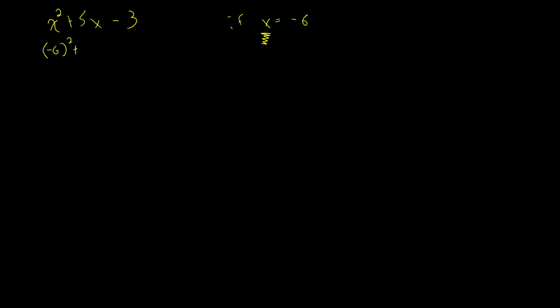So -6 squared, 5 times -6, minus 3. So I'm going to do my power first, and a negative squared is positive, 36. Do my multiplication, 5 times -6 is -30. So 36 minus 30 is 6, minus 3, or 3. And so we're seeing how